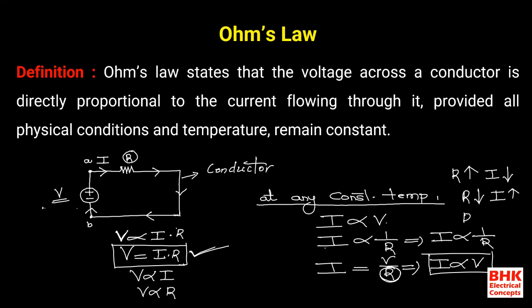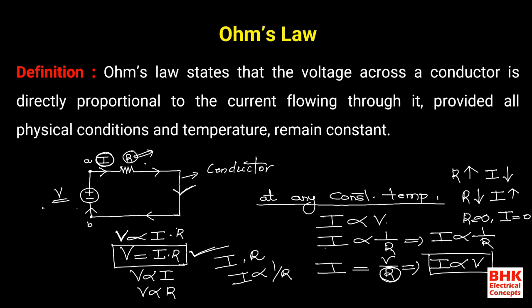If the value of resistance is infinity, for example, then current I is equal to 0. It means the relation between the current and resistance is always inversely proportional. Inversely proportional means, for example, coming to this circuit, in order to get the infinity amount of current flowing in the circuit, what we need to do?